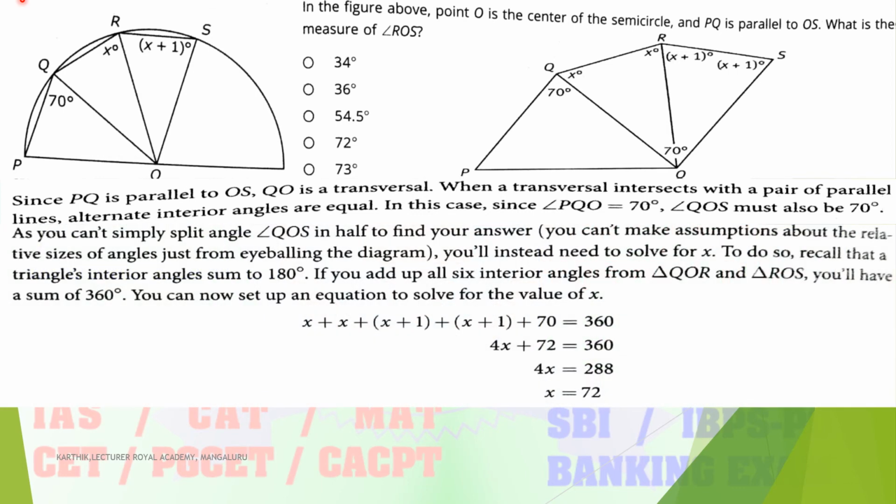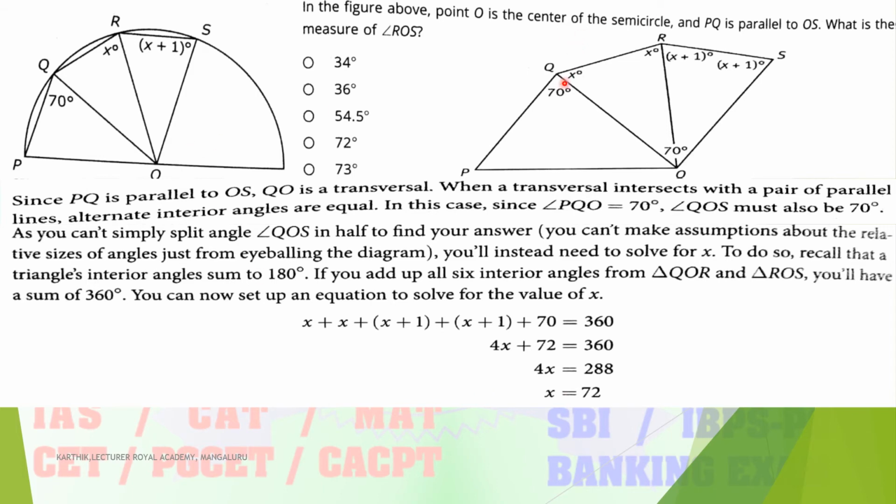So then here, x degree. Take the total of the two triangles. Just see how many sides: one, two, three, four. Total four sides, so that is a rectangle or parallelogram. So the total angle is 360 degree. Add up all the angles and you can find out the value of x.